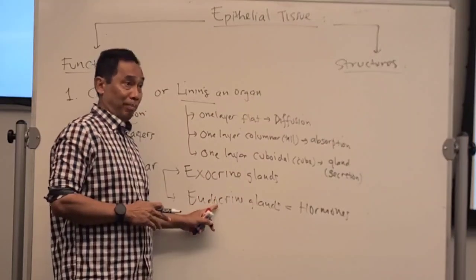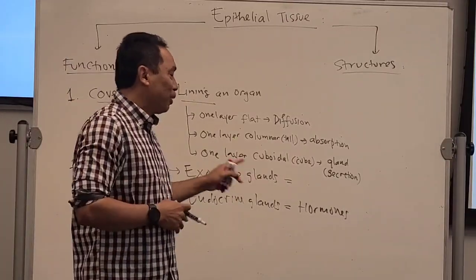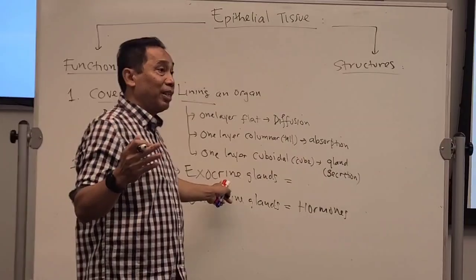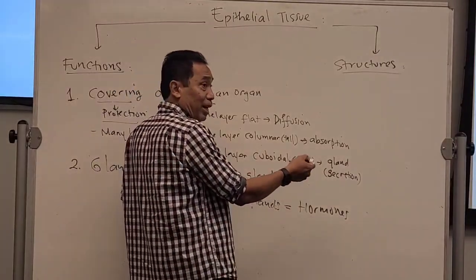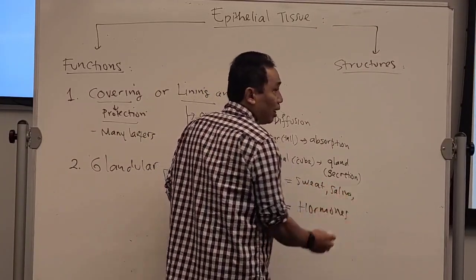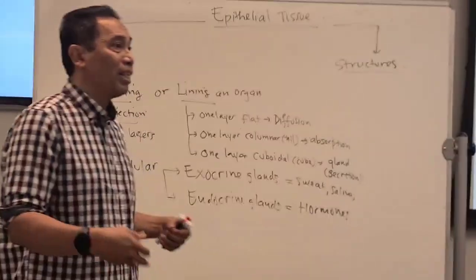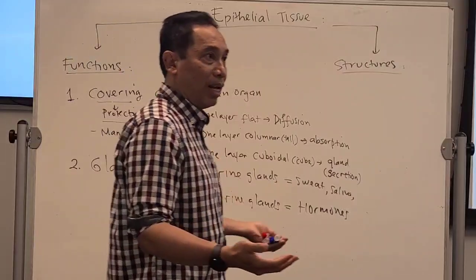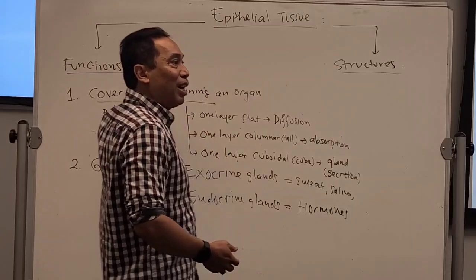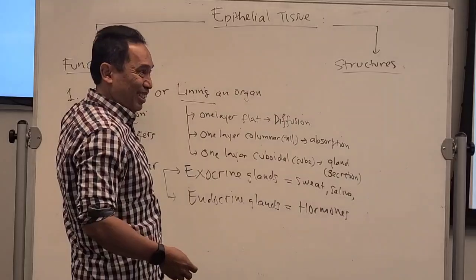Okay, this is the general name. And then the exocrine gland, this is the one that produces a product that goes out from our body. Therefore, it's called exocrine. For example, the sweat gland produces sweat. What else? Salivary gland produces saliva. Tear gland produces tears. Mucus gland produces mucus. Wax gland produces wax. Milk gland produces milk. Those are all exocrine glands. And this is the function of this epithelial tissue. You follow this? So there are two main functions of the epithelial tissue.